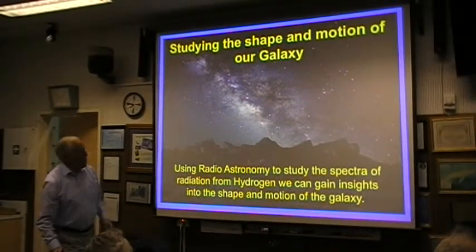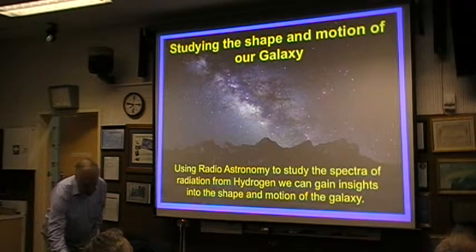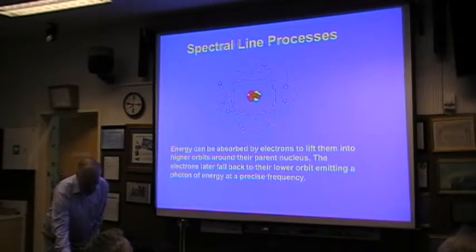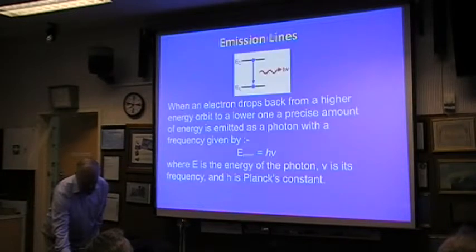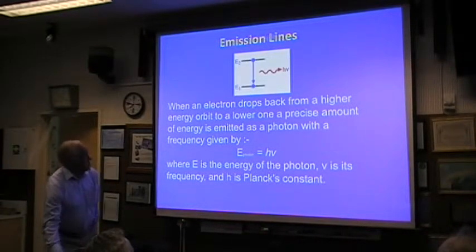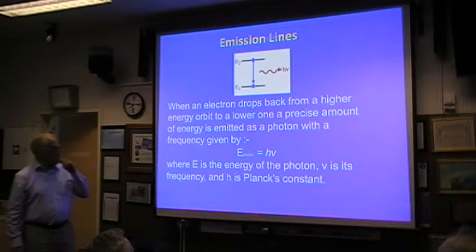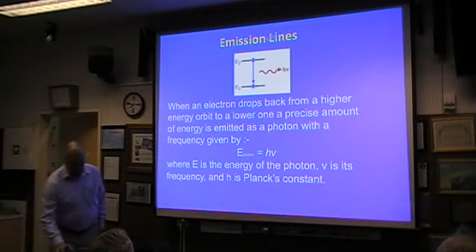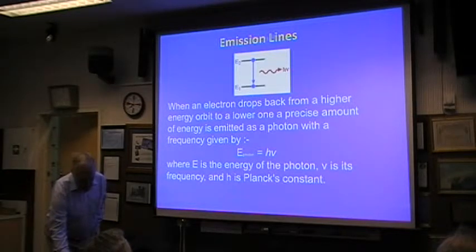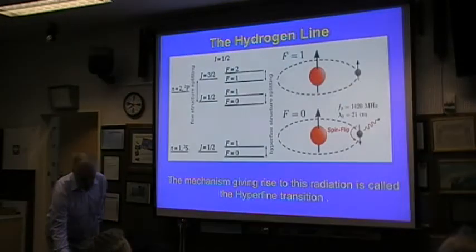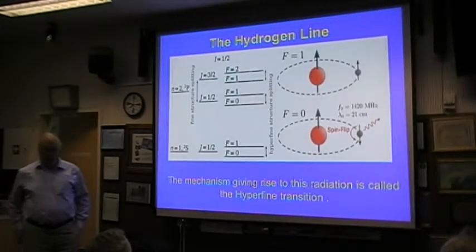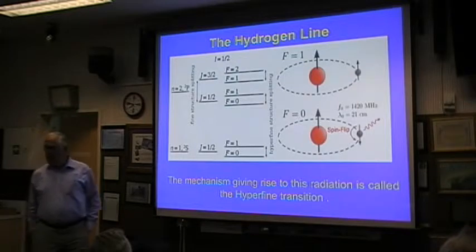Okay, so I'm going to skip through some of these because you've seen them before. This is why we look at hydrogen. We spoke about the spectral line processes, and just to reiterate, when the electron drops back from one orbit to another, a photon of energy is emitted, and what we're going to be talking about is hydrogen. Hydrogen is the most abundant element in the universe, and very obligingly it transmits on